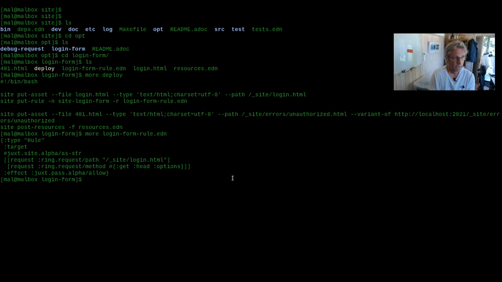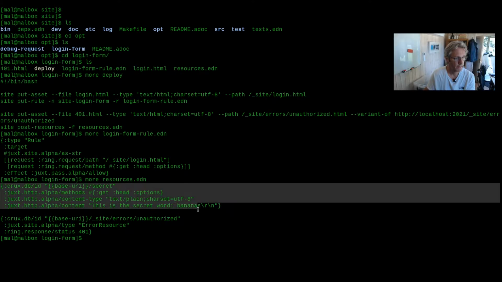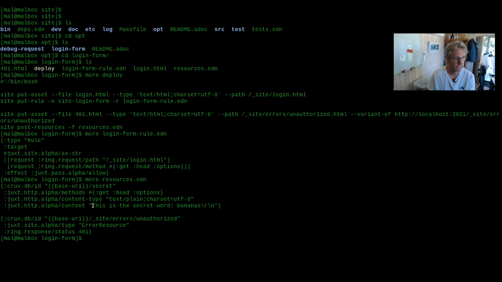Then we're going to put a 401, which is, we're going to register this. If we look at this resources, we're going to register a secret that we shouldn't be able to normally see unless we're logged in. And we're going to have an unauthorized error resource. I will need to create a rule to allow people to see the secret when they're logged in, so that will need to happen. And the 401 here,